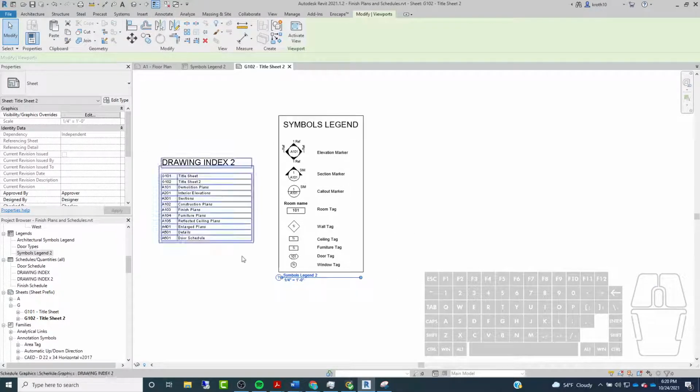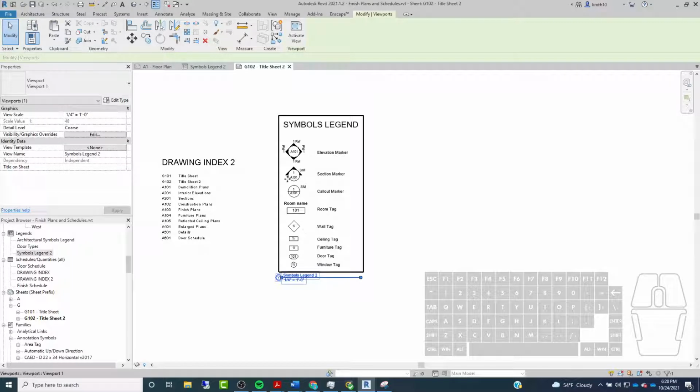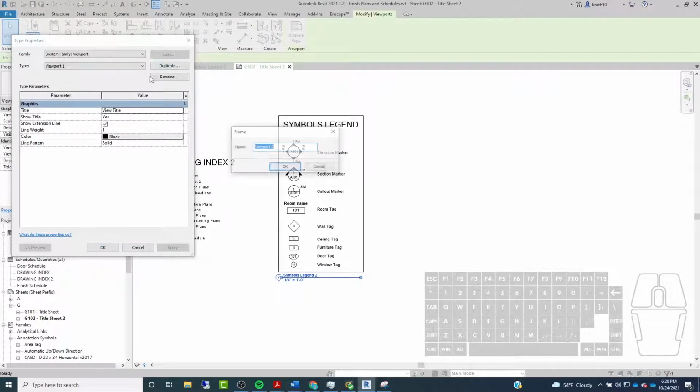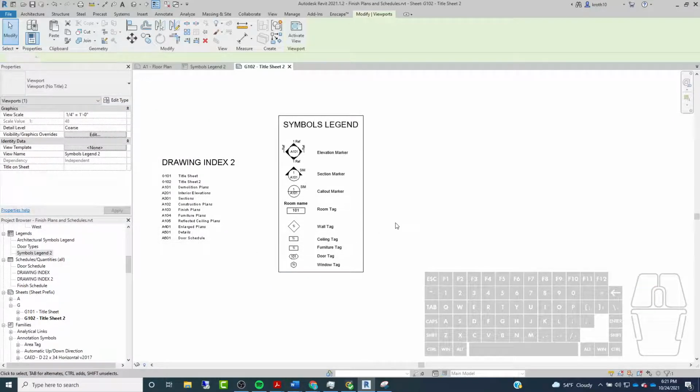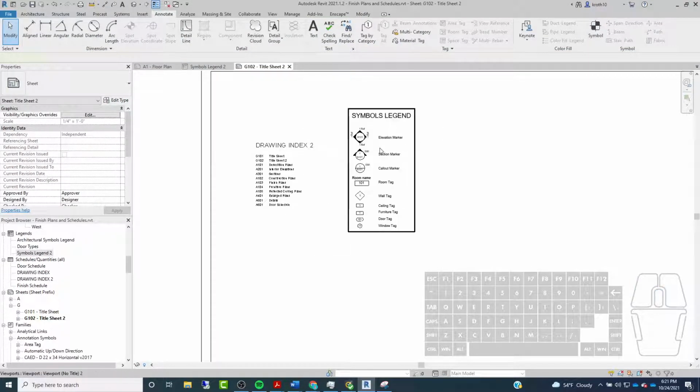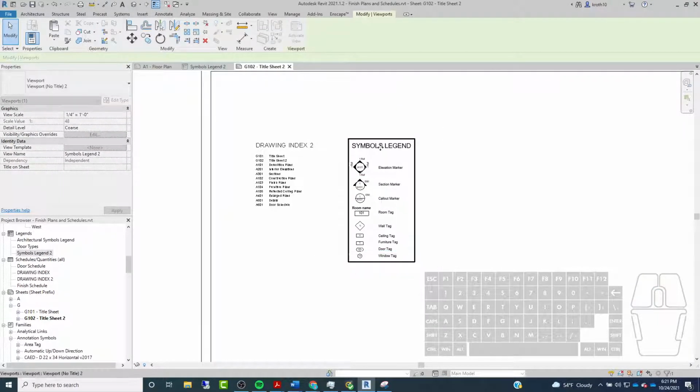The way you do that, if you don't remember from the last video, is you go to Edit Type, and you duplicate this and just call it viewport no title. Oh my gosh, title. And I'm going to call it no title 2 because I already have no title. And then you turn off view title and show title, and that should do it. So I'm going to click OK, and then that will go away. So there you can see is our symbols legend,